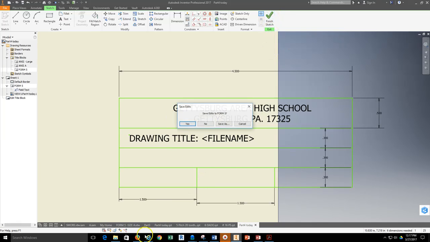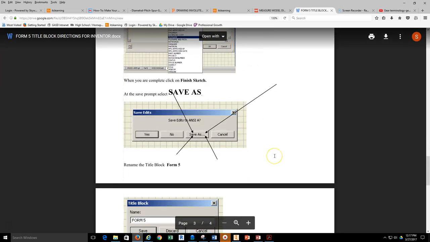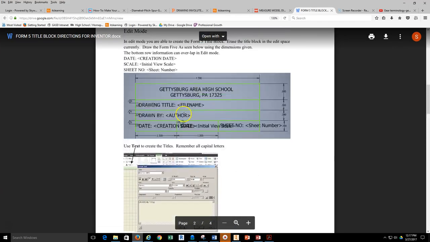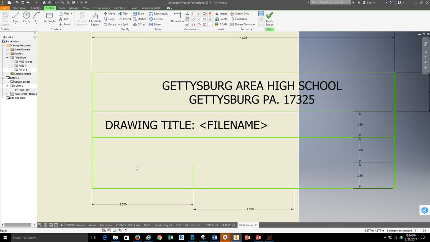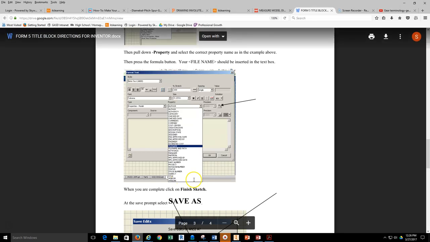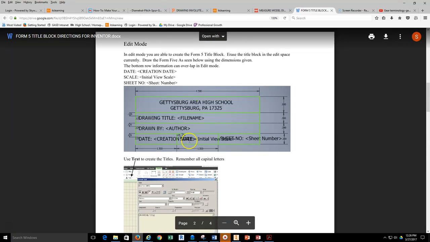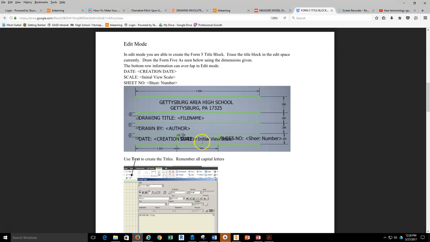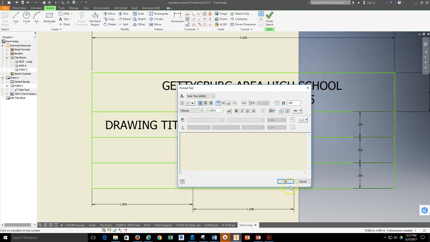So continue filling out and walking yourself through this particular instruction, and make sure as you go you follow through and find all of the proper information from the text. When you get into some of the other aspects of the title block, specifically the idea of the scale, that's initial view scale and sheet number, that information is probably not going to be found in the same places. So when I go ahead and create a text box for the scale